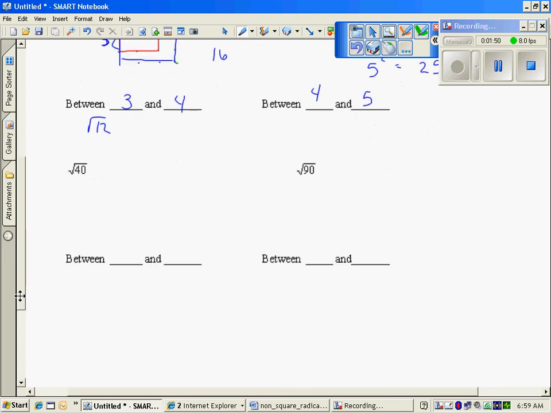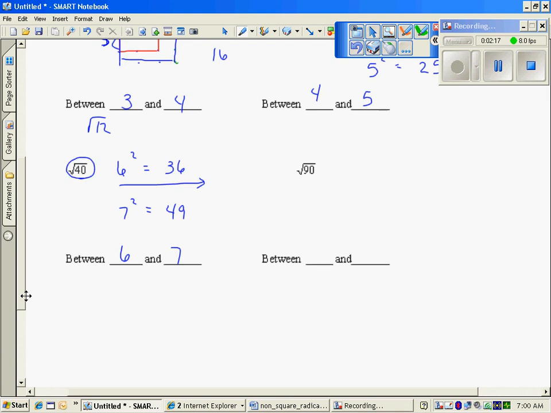The square root of 40, again, I'm looking for squares. 6 squared is 36. 40 is larger than that. So the next size of square that's integer length would be 7 squared, which would be 49. 40 is someplace between 36 and 49. So the dimensions on its square would be someplace between 6 and 7. So again, if I plug that number into the calculator, the square root of 40 would give me 6 point